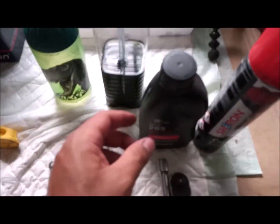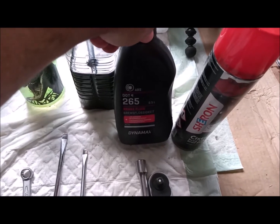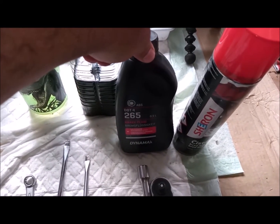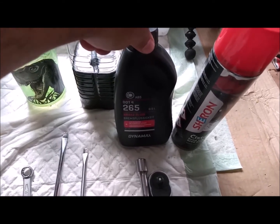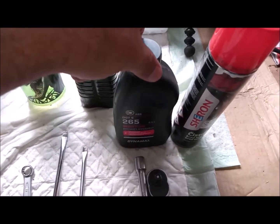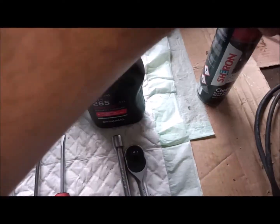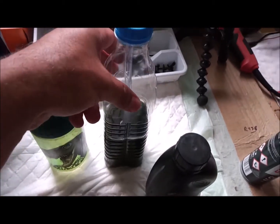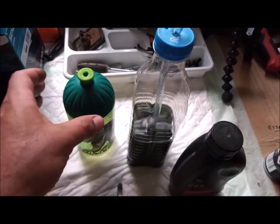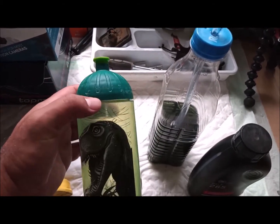So we're going to use brake fluid itself. In my car, I will use the DOT 4. If it's a DSC system, you have to use the low viscosity DOT 4, but for my car, I have the ASC, so it will be DOT 4. Of course, use the fluid that's recommended for your car. We'll use brake cleaner. We will use a 1 liter bottle of any beverage or juice, or the kids' bottles which they use